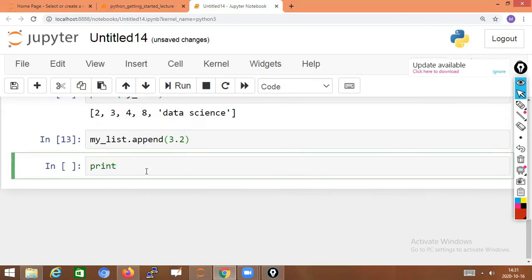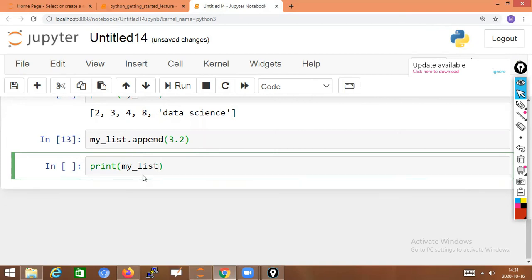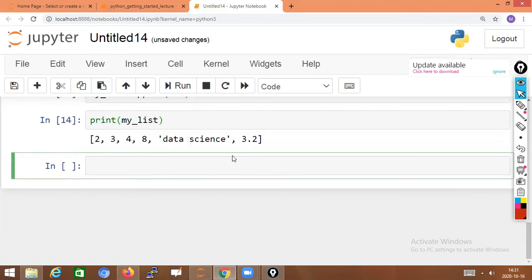Print my list. Now in my list we have the new number, 3.2. Okay, that's good. So this is how to add numbers, strings, and other data types to the list variable.